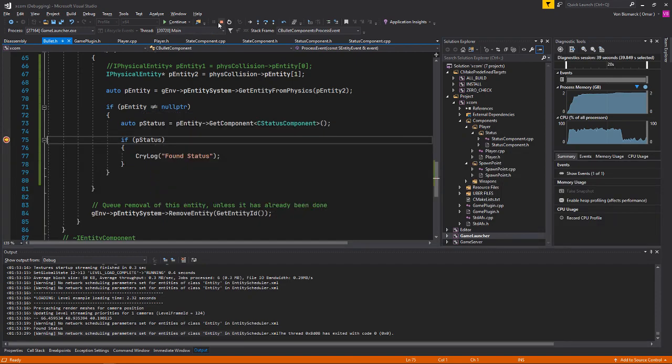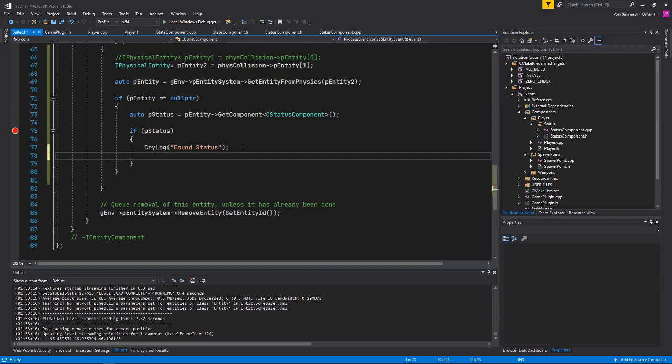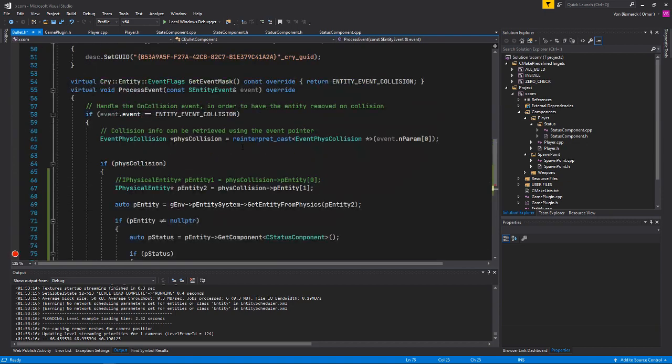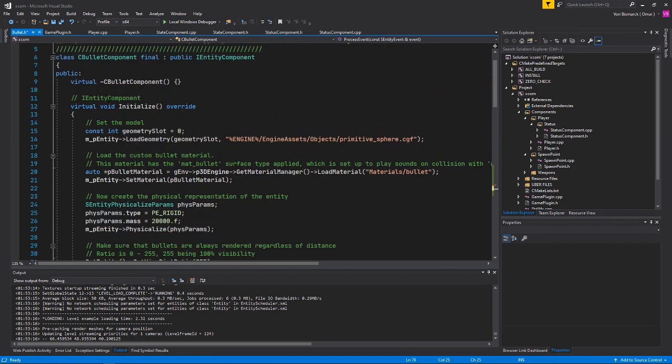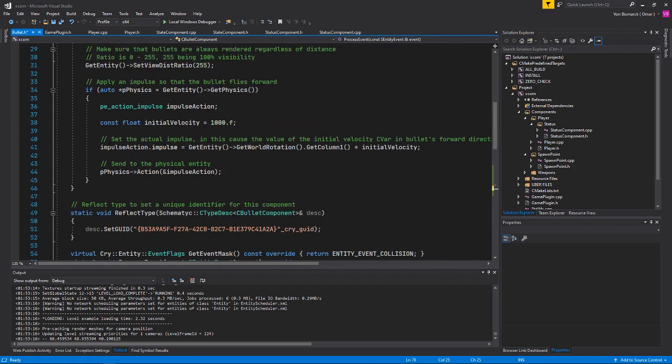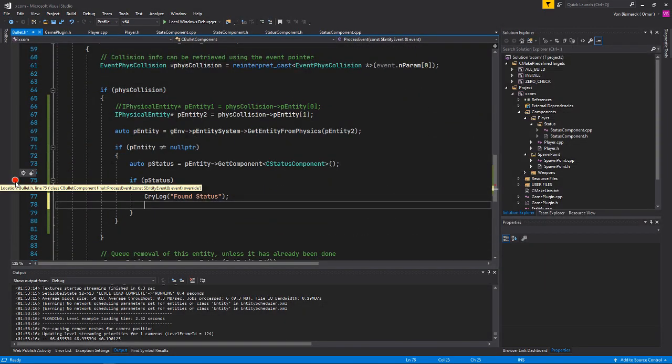And here's our status. So let's go ahead and stop the code. So we found the status. Let's apply damage. Now there's a few ways we can do it. We can set a constant float number up here in this header file. This is called damage, or we can just say something else. I'm trying to think what would be a better way, but for right now, for testing purposes, we'll